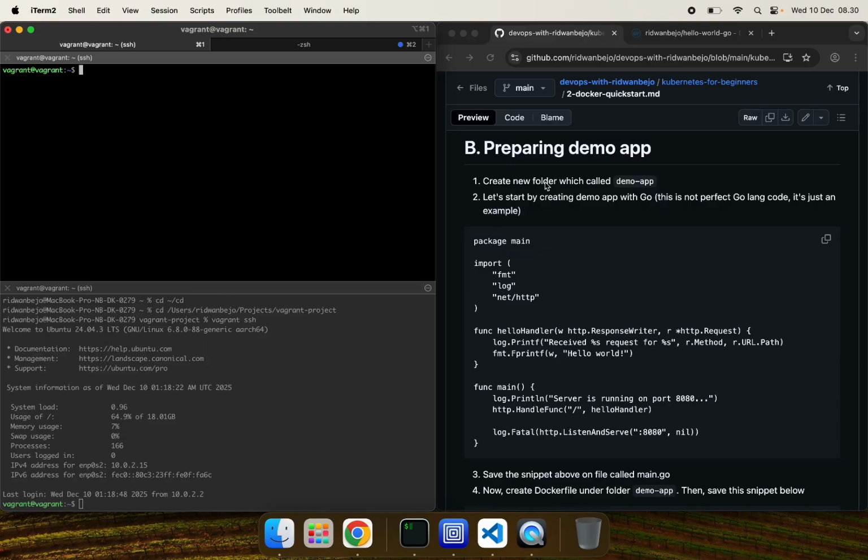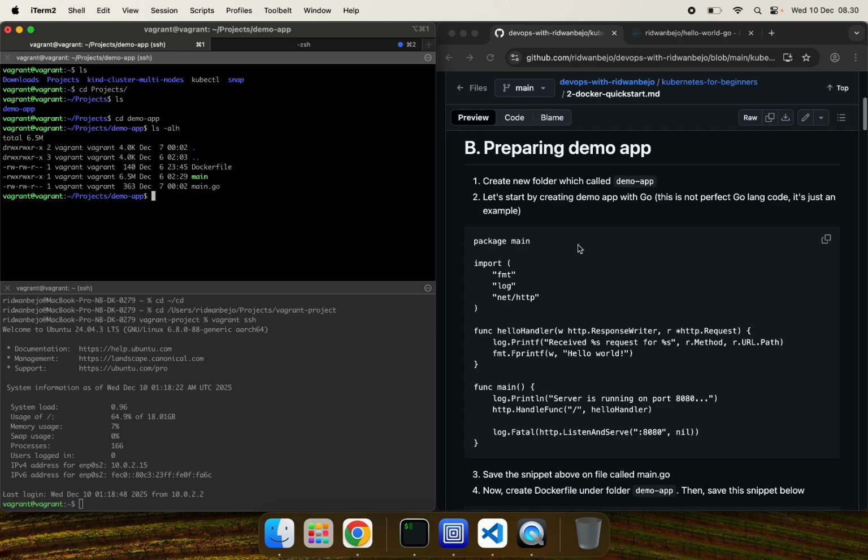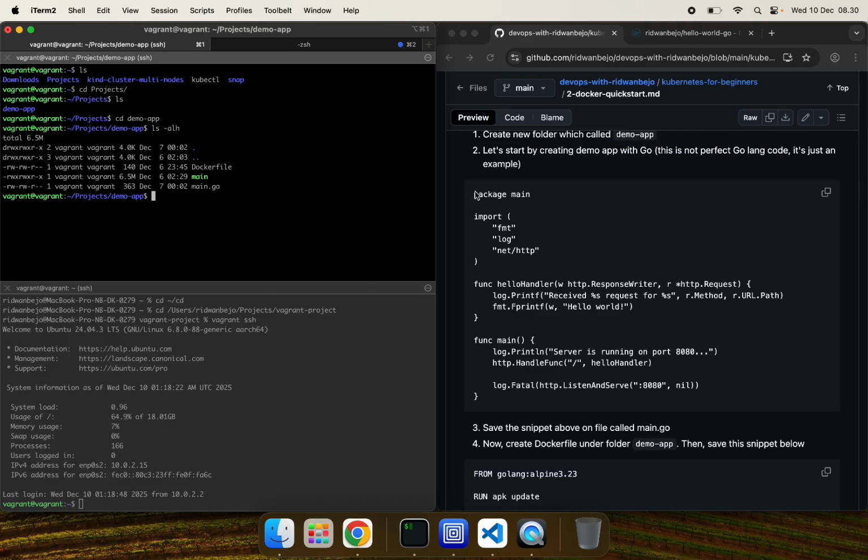For the first instruction, we need to create a new folder called demo app. Let's see if I have already the project. Oh, okay, I have already the project. Inside this project, we need to have this Golang code for handling HTTP requests by responding with hello world, running on server 8080.